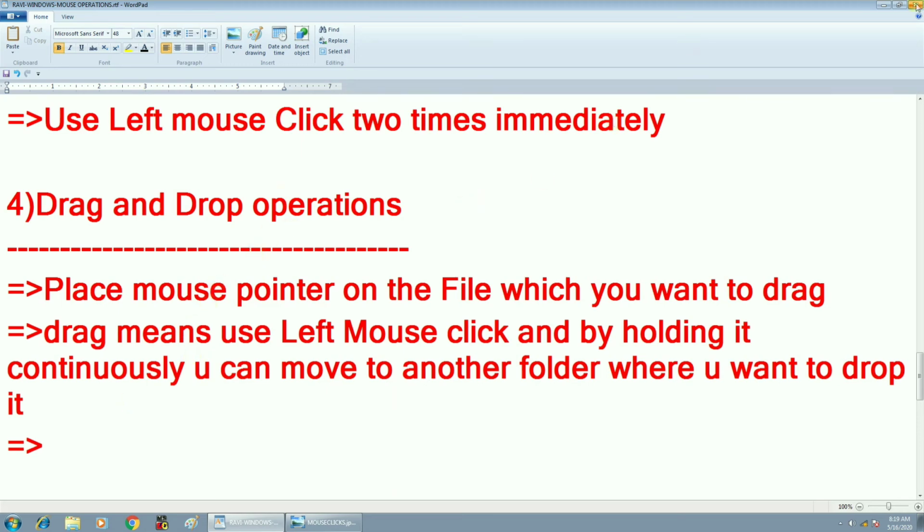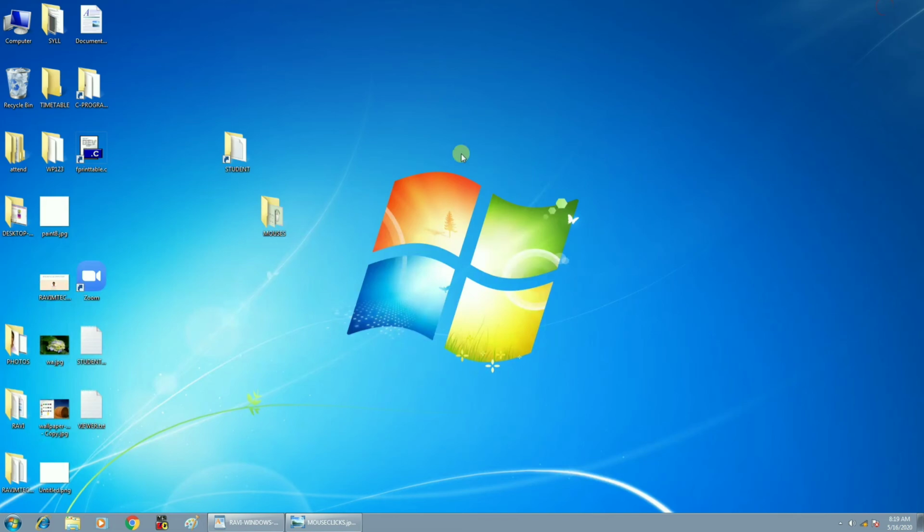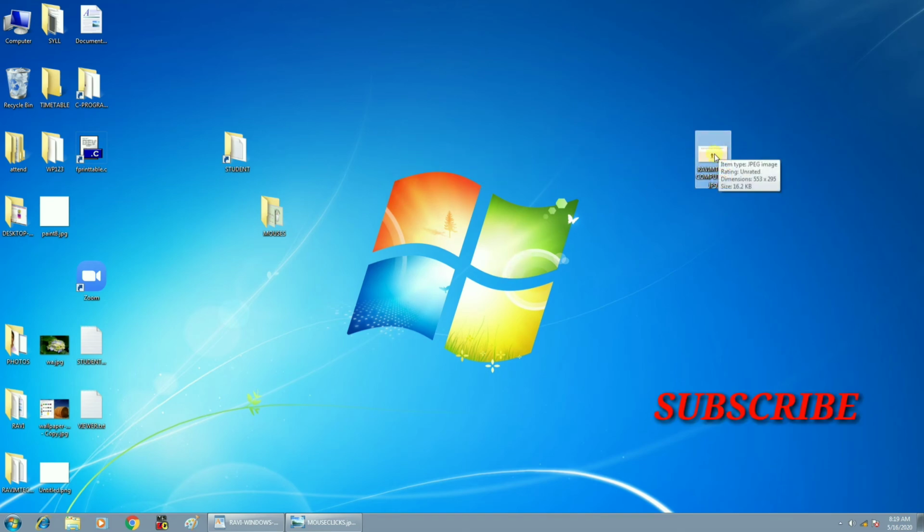For example, I will explain practically. See it. Here one file was there. Take any file, for example, this is the file. An image is also called a file. So this file I want to move into this mouses folder. Now what I want to do, see what I am doing, is drag and drop. For example, this file was available here.